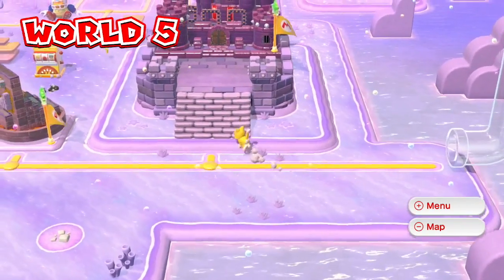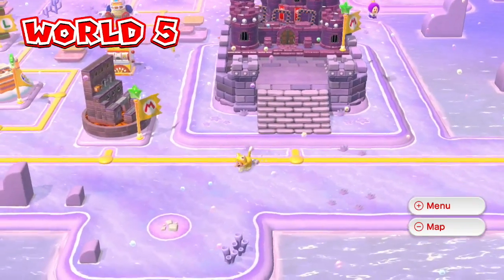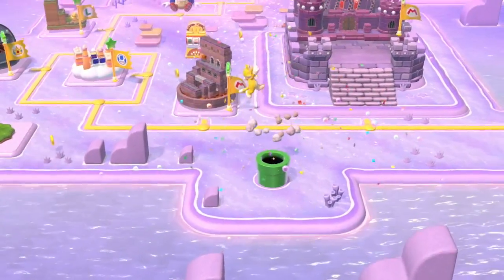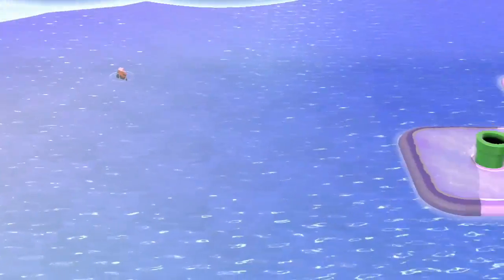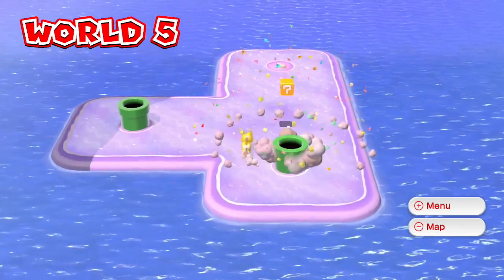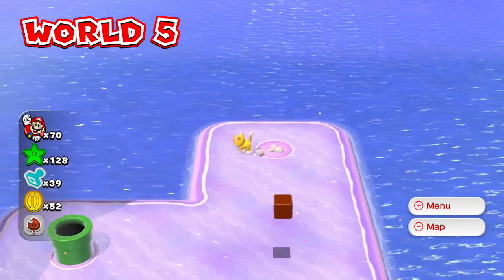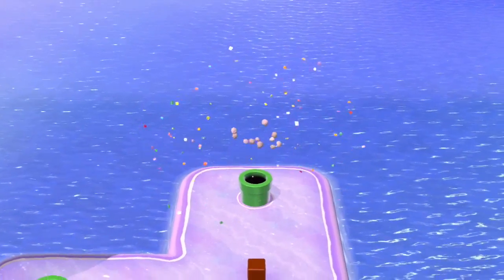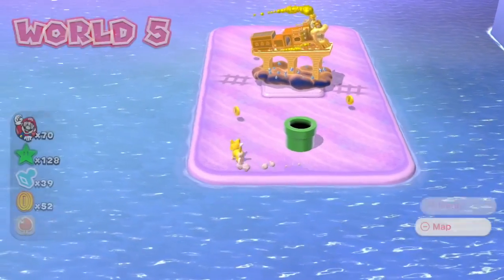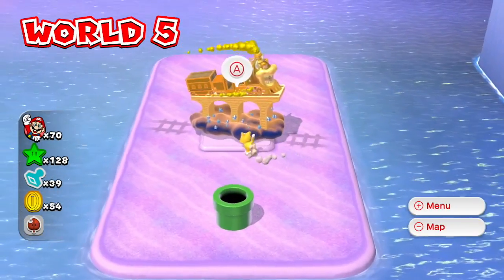Last time we finished up World 5 and began World 6, but there's something I need to show. Right here is a hidden pipe. Two more hidden pipes. Where do these go, you may ask? Well, one of them leads to a very special level called...